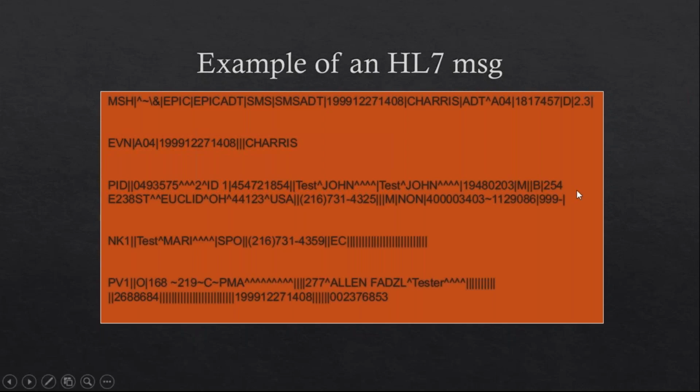And at the end of the segment, we'll have a carriage return, which you won't be able to see in the normal message. You need to paste it in Notepad++ to see the carriage return, which we'll see down the line. But the point I want you to understand here is that each segment is divided into fields and they are divided with the help of a pipe.